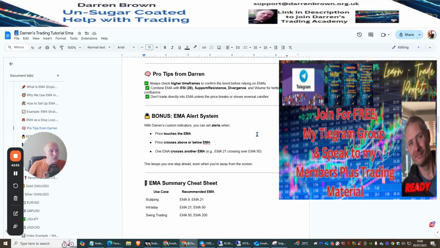Okay, but what we will show is the EMA cheat sheet, just a little teaser if you like. So if you're going to be scalping, you want an EMA of 9 and an EMA of 21. Intraday, which is swing, is EMA 21 and EMA 50, and swing trading is EMA 50 and EMA 200, which is a generic way that most people will use